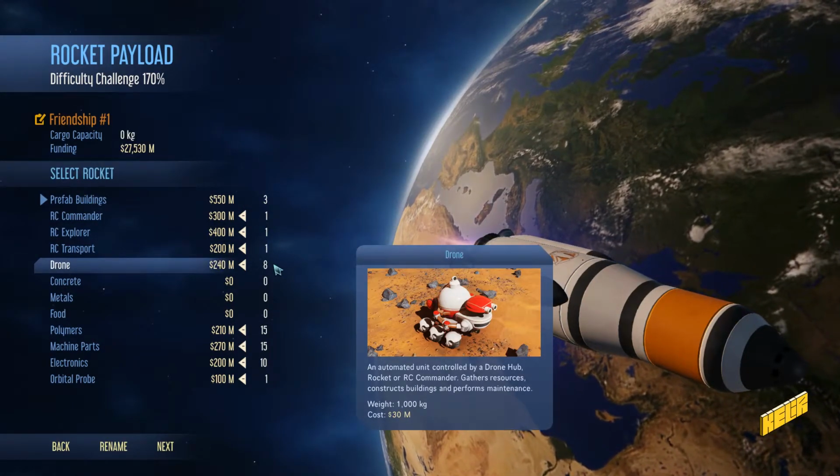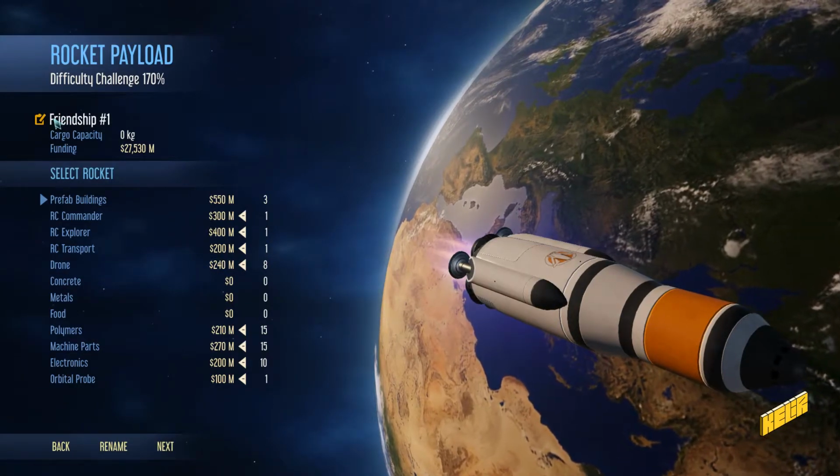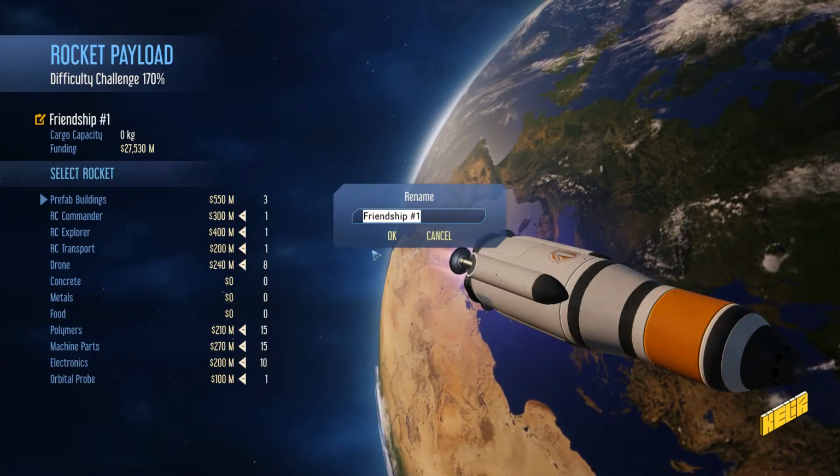We can of course send ourselves a lot of things from Earth, so you'll see that. So the rocket's going to be called Friendship 1. Let's name it